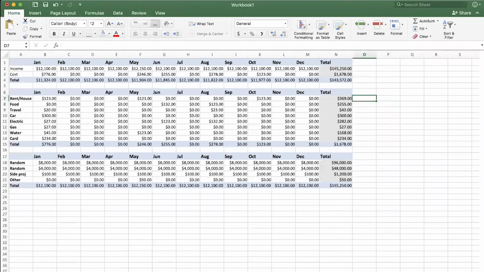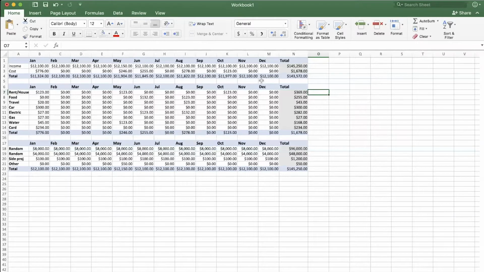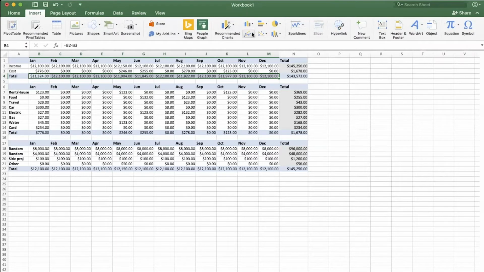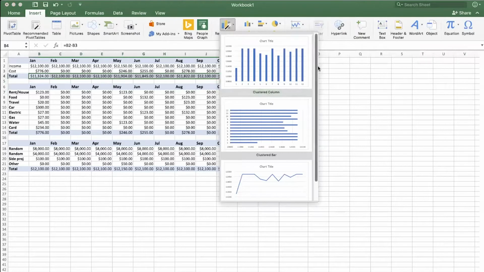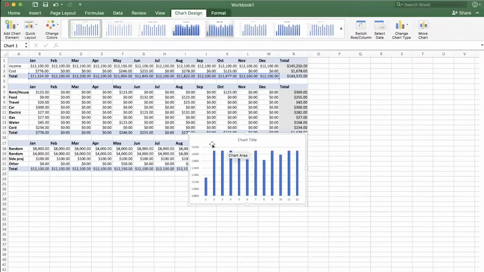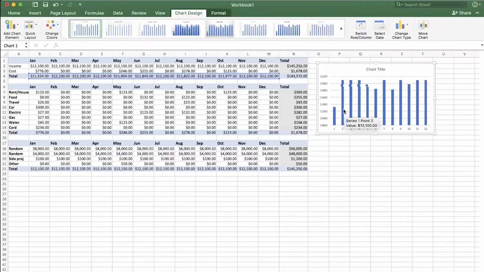Let me zoom out a little bit. One reason it's really handy to do something like this where you have the total income and cost right next to each other, and so you can do a net total, is the fact that you can now use this to graph your year. So you can select all of the totals from January to December, and then we'll go to Insert, and I will choose a chart. I'll go to Recommended Charts, and it gives me a series of charts to choose from. I'm going to go ahead and choose a clustered column in this case, although I think a line would do just as well.